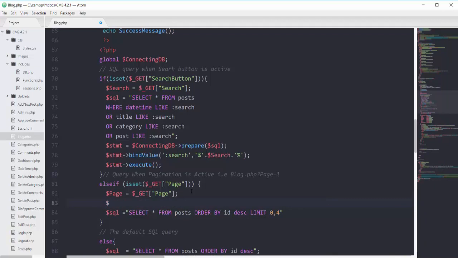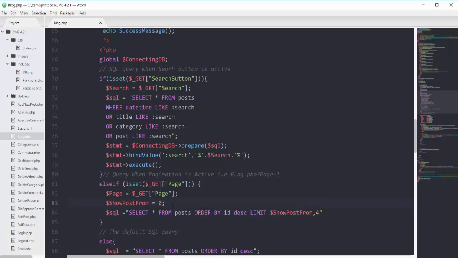So I will add this variable, show post from, and I will set this variable equal to 0 here. Now I can mention this variable here in the place of 0. So we will make this variable dynamic.